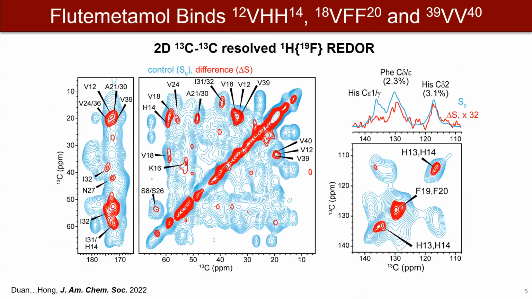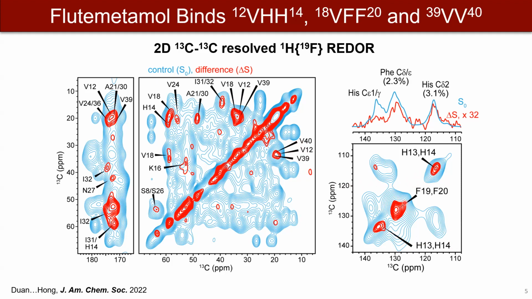Unfortunately, the resolution in the 1D is not adequate, so we collected a 2D C-series of HF REDOR. The REDOR difference is shown in red, and the control spectrum is overlaid in blue. There are many cross-peaks in the aliphatic region, among which the strongest ones can be assigned to H14, valine 12, valine 18, valine 39, and valine 40. While in the aromatic region, the difference peak on the diagonal can be assigned to histidine 13 or 14 and